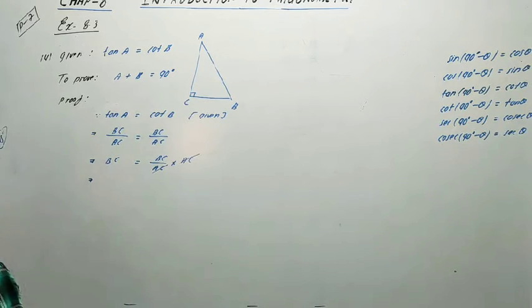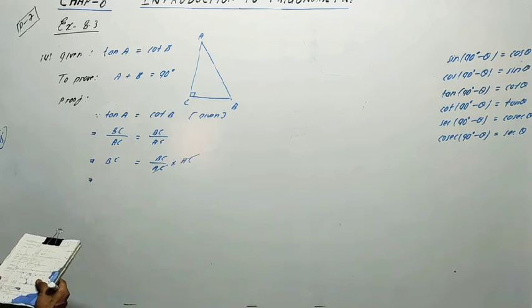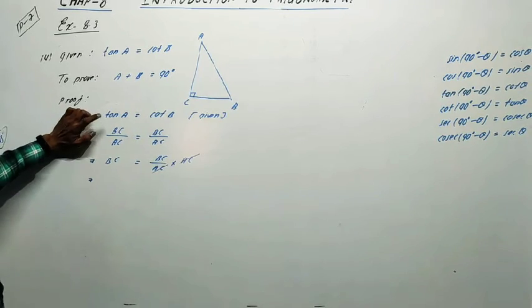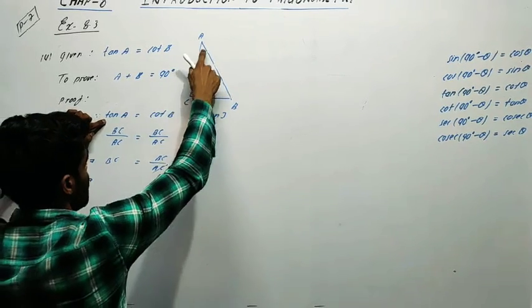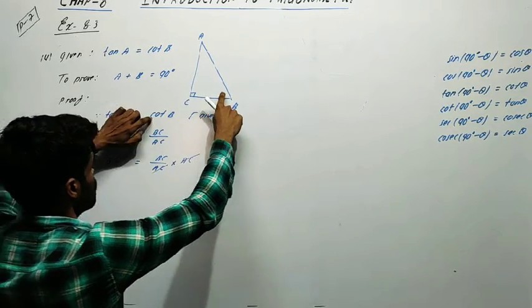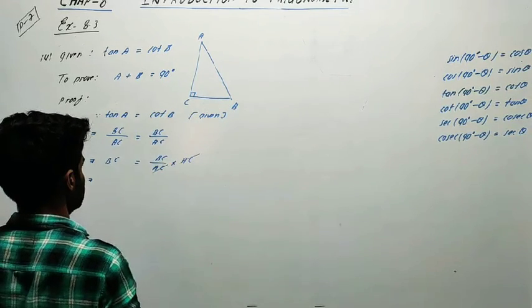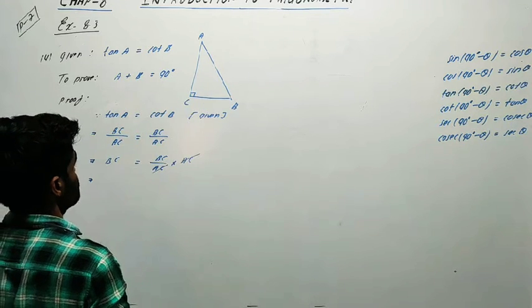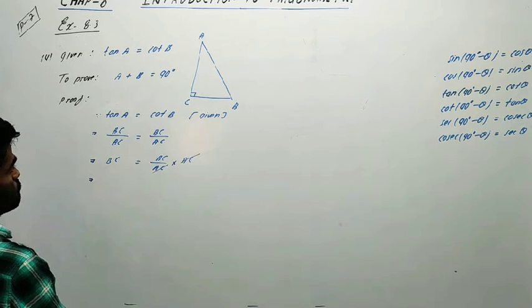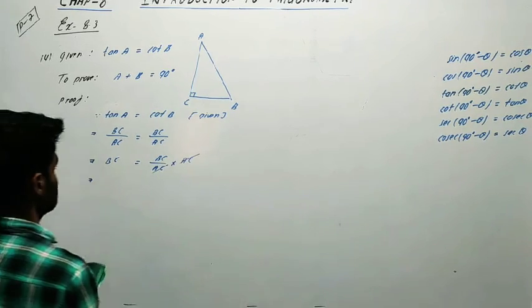Sorry, let me check the question. Tan A is equals to cot B. All is well. Tan is the ratio of perpendicular and base. For angle A, perpendicular is BC and base is AC, and for angle B, cot is base upon perpendicular, base is BC and perpendicular is AC. BC is equals to BC. We will not get any conclusion, so